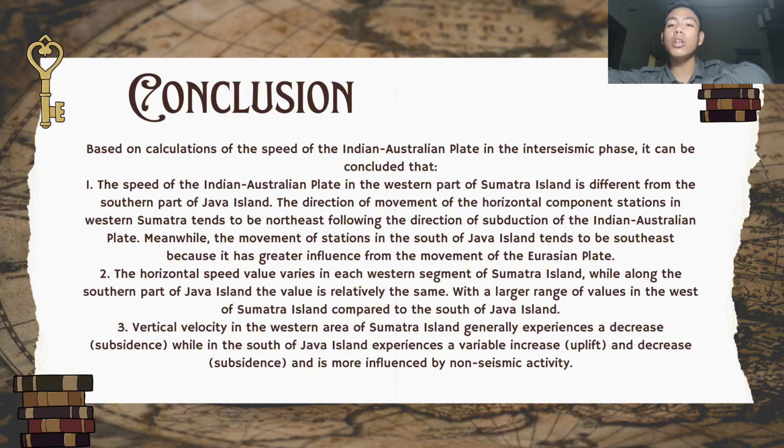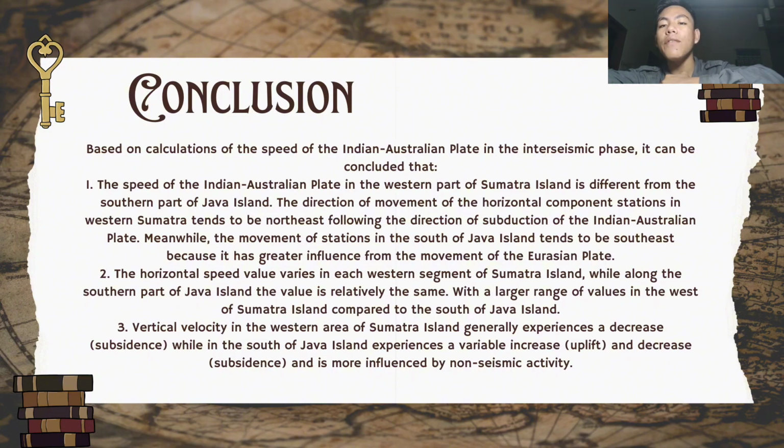Next, number 3, vertical velocity in the western area of Sumatra Island generally experiences a decrease or subsidence, while in the south of Java Island it experiences a variable increase or uplift and decrease or subsidence, and it's more influenced by